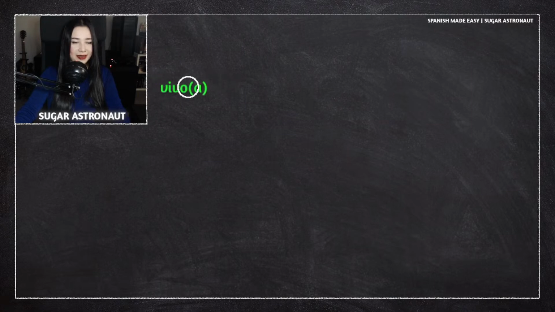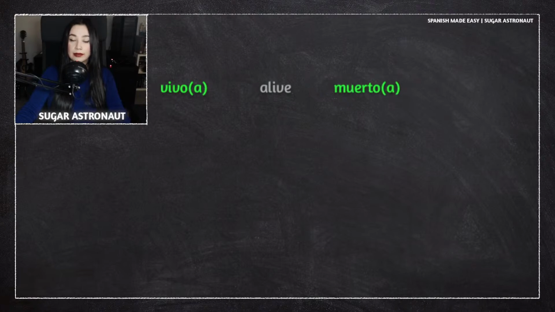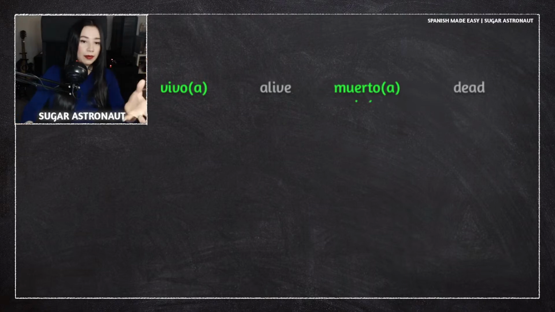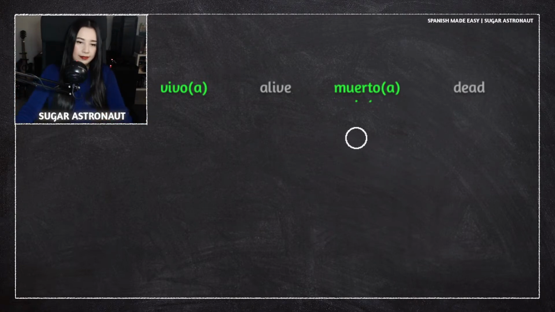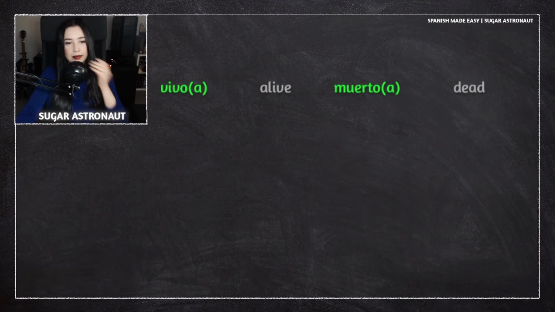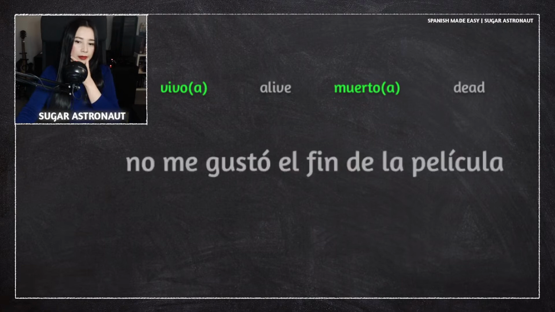We have, it's right here. Vivo. Vivo, viva means alive. The opposite, muerto, muerta. Dead. Okay? Vivo, muerto. Viva, muerta. So it's very clear what it means. It can be feminine. It can also be plural, of course. For example, I could say,